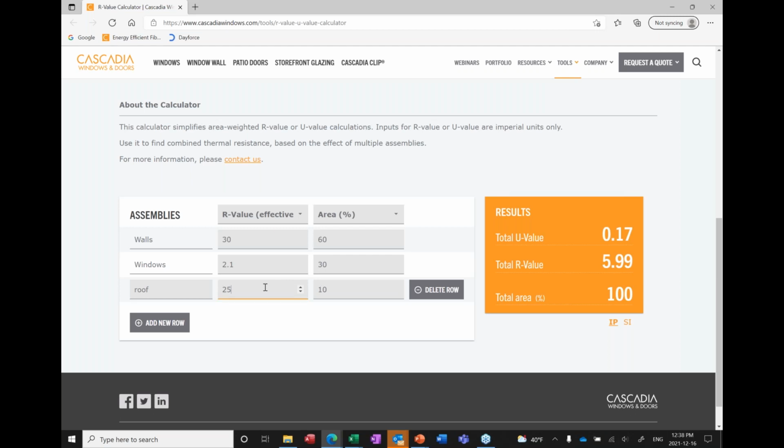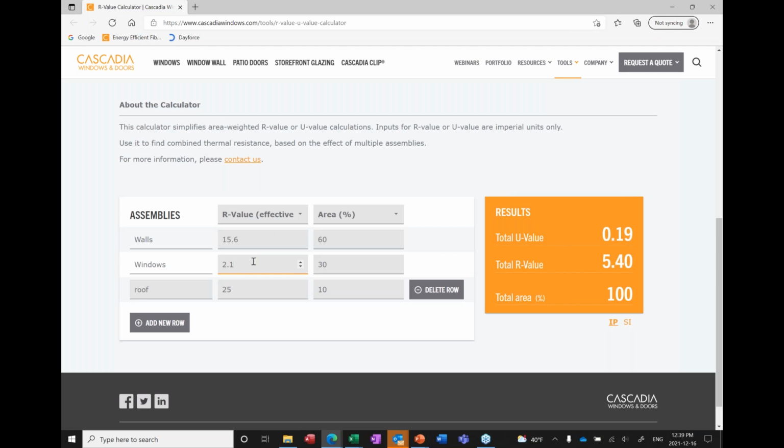So let's also improve the roof. Let's go from 25 to 45. A very well insulated roof. You can see we only jumped up about 0.07 R value. So maybe 450, even though that's not possible or plausible. You can see that the incremental improvement from improving the roof doesn't get us where we need to be. So let's go back to R25 and R15.6 for the walls. The point I'm trying to make here is that we need to address the weakest link, which in this group of assemblies is the windows.